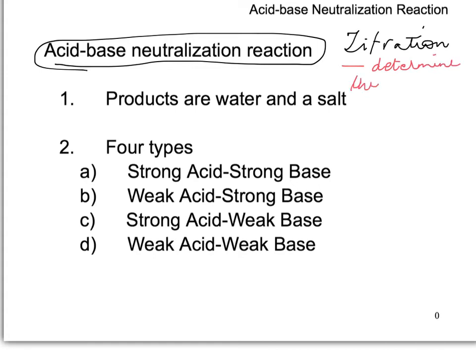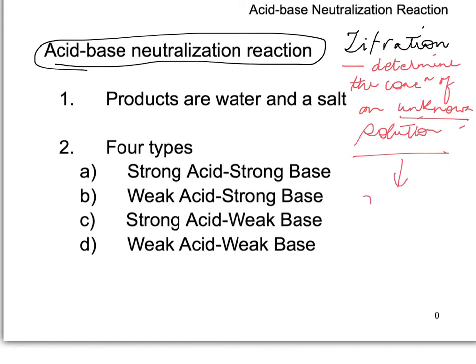the concentration of an unknown solution. That unknown concentration is what is called an analyte. Okay? Now, usually this method is used where you begin with a solution of known concentration, and this is usually a stable solution, the concentration of which is not going to change. Such a solution is what is referred to